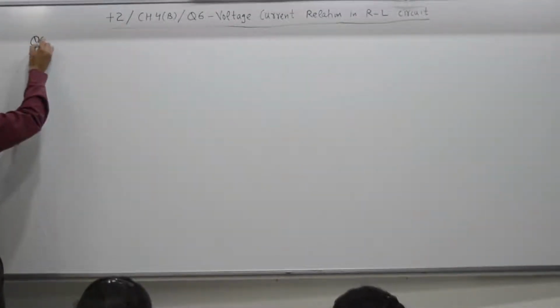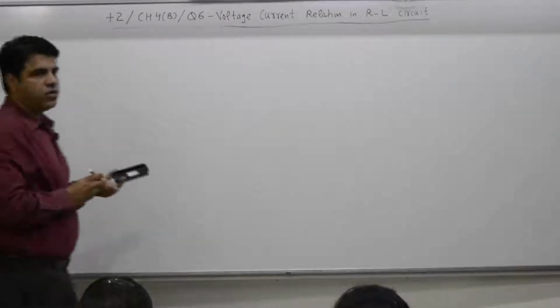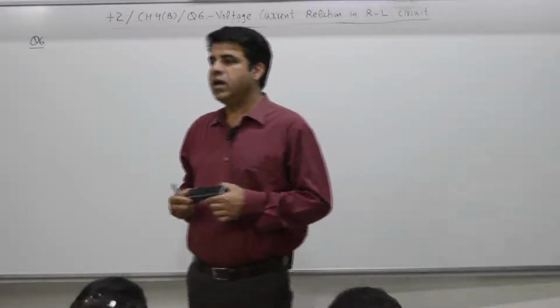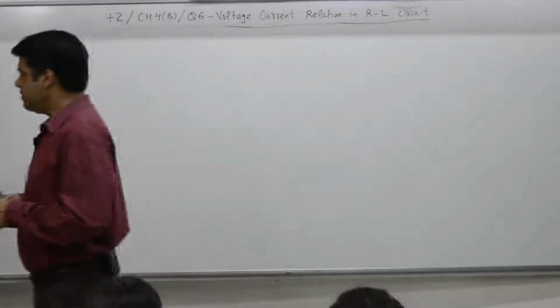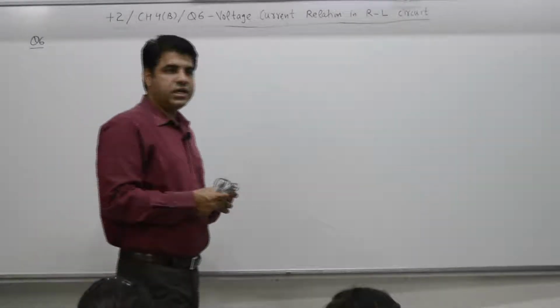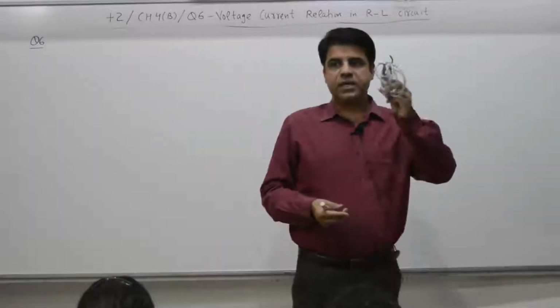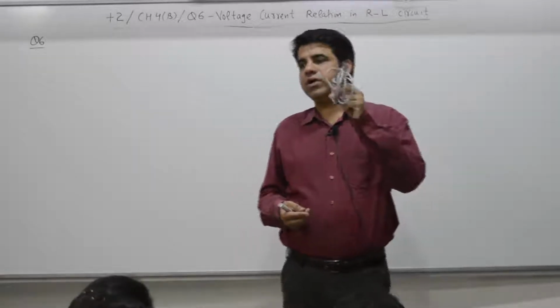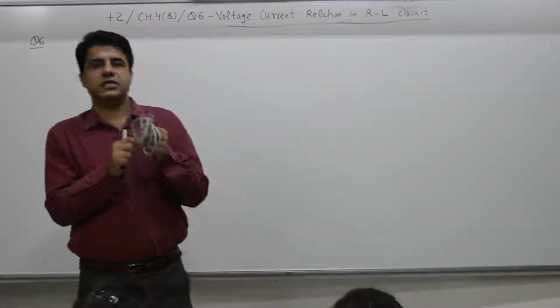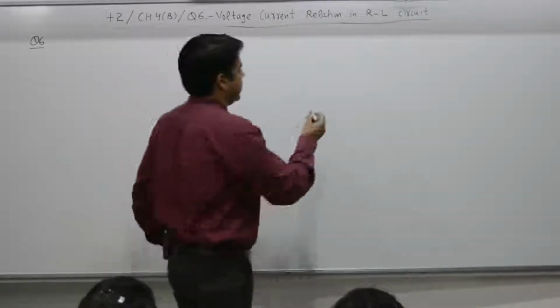Question number 6 deals with what? You have to find out the current flowing. The circuit is R and L. In the previous questions you have covered resistance and inductance isolated, or you can say ideal. A practical coil or a solenoid is a combination of resistance and inductance. So the circuit is,